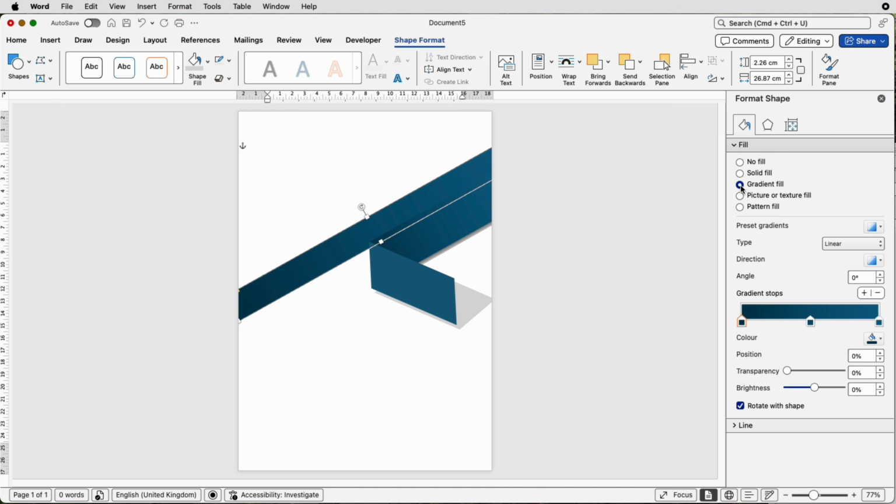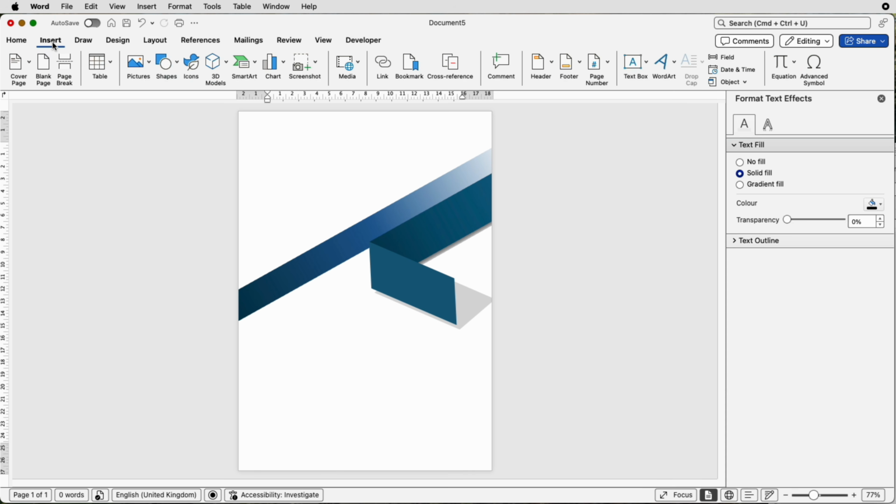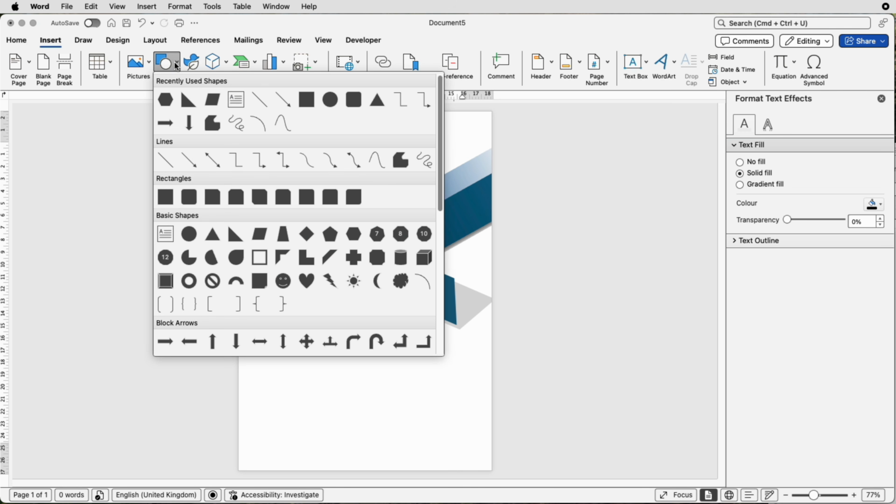We're going to go to Gradient again. You can see the gradient here. I'm just going to change this center color to a slightly lighter blue. And then the end color here, we're going to change to white. And then deselect. Then we're going to go to Insert, Shapes,